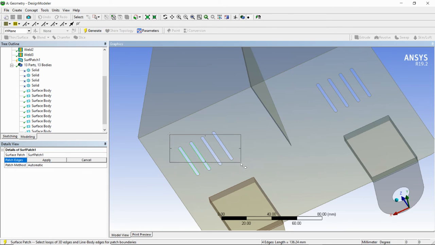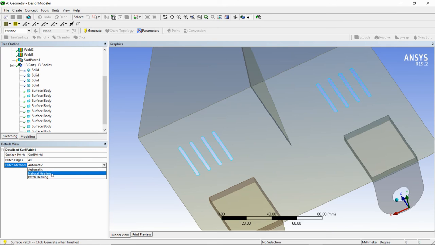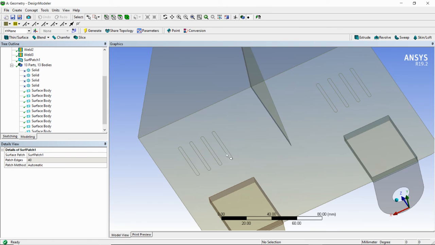Then I will just draw one box, so all the edges in this box are selected, and I will say apply. Here you can see the healing method also. I will set it to automatic and then generate. Now you can see all the gaps are filled with the surface body.